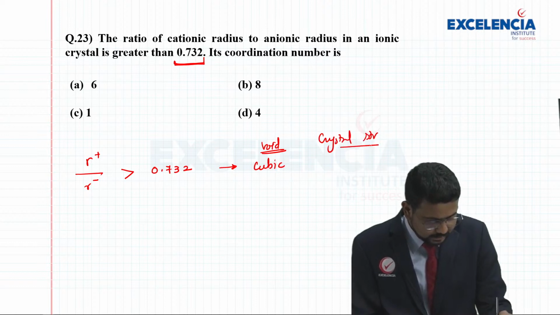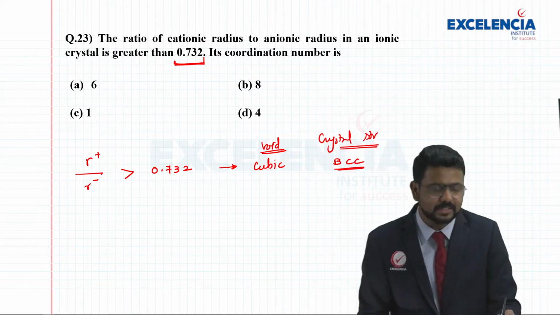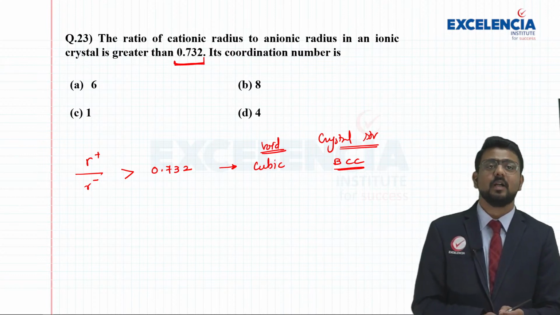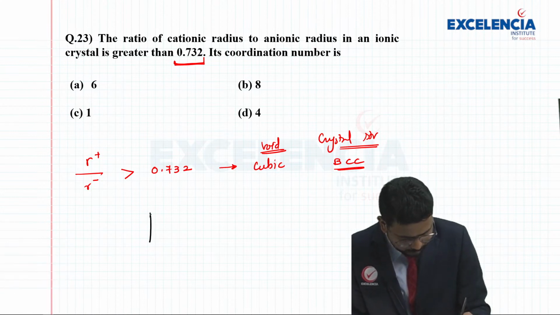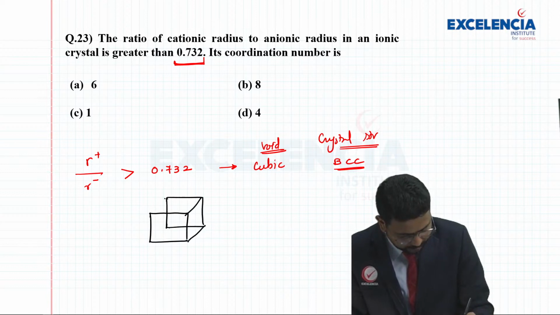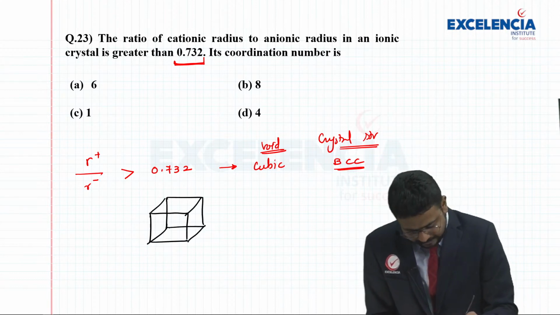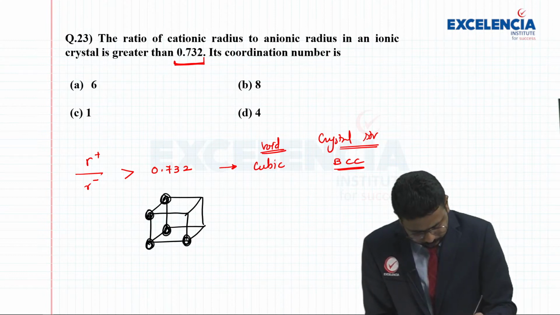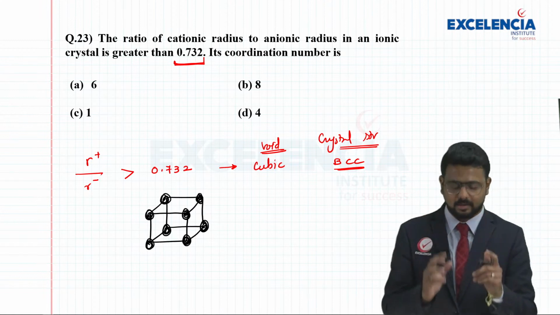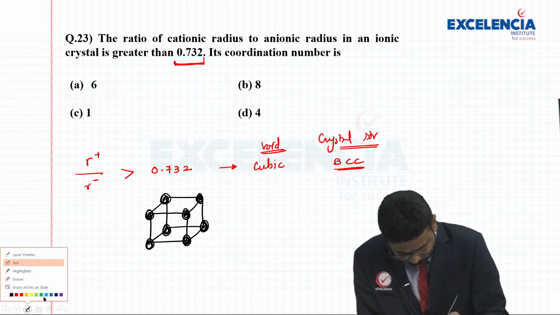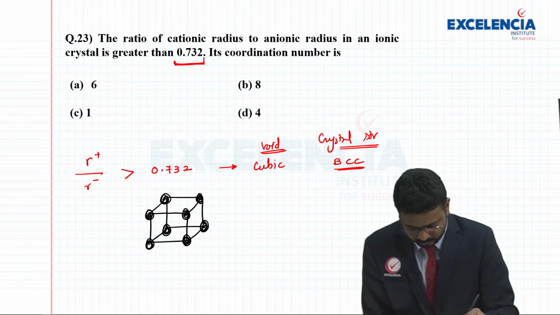and the crystal structure here is going to be BCC, body center cubic structure, right? So if I am saying that it is BCC structure, we have a cubic unit cell here, right? Let's suppose I am drawing this as a simple cubic structure. So all the anions are going to be present along the corners, right? And because the size of the cation is relatively bigger, it is going to be present along the body center. So right at the center of this particular cube, you will have a cation which will be here,